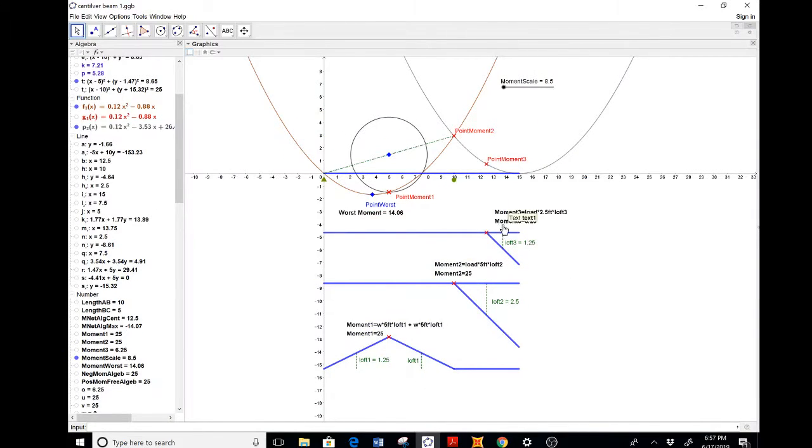So how do we get the moments? Well, we use the Muller-Breslau method here. We crack the beam and insert a unit rotation. We get the loft at the point where the load is the centroid of the load. So here that would be a 2.5-foot span, so that the loft is 1.25. You could do this on a napkin. And the moment at that point is